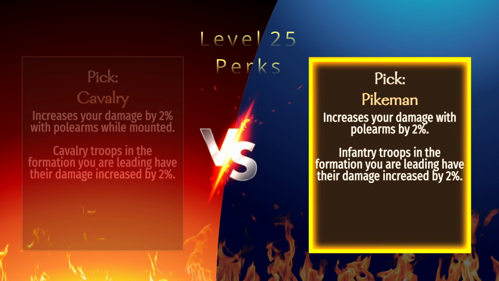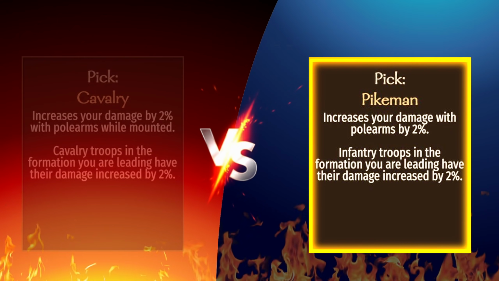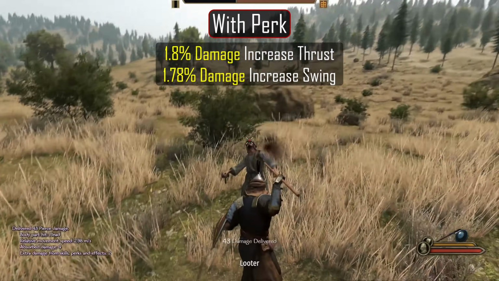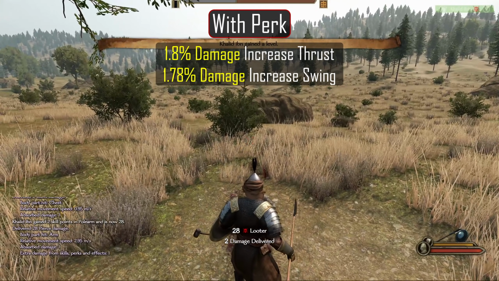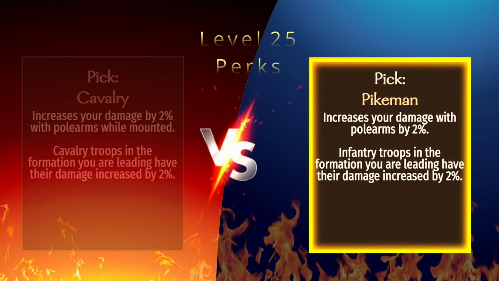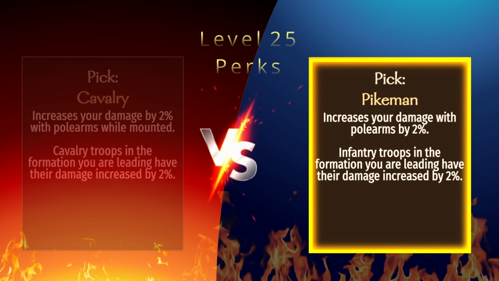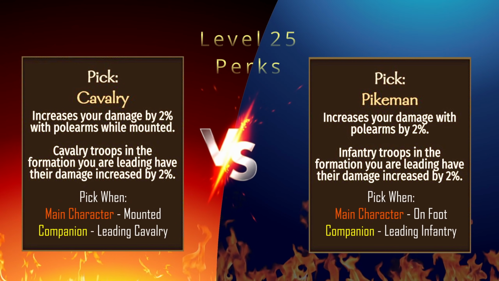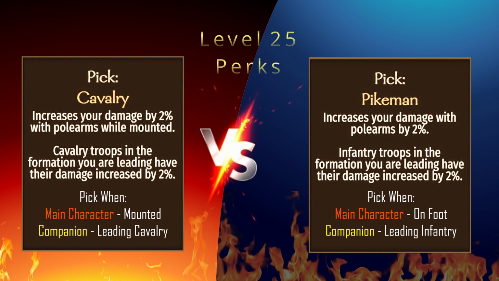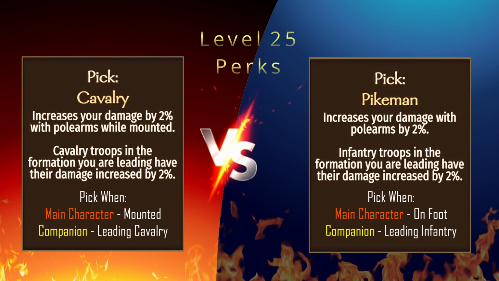Pikeman. Again, we are blessed with tiny crumbs, a 2% increase to polearm damage on foot. Through the testing, we can see an increase of 1.8% on average for thrusts and nearly the same for swing damage. The secondary perk is slightly better as the increase in damage applies to all infantry, which generally makes up the majority of our armies. For our main character, we pick Cavalry if we fight primarily on horseback and Pikemen for foot. When picking for a companion captain, I would pick Cavalry if they will be leading your mounted troops and